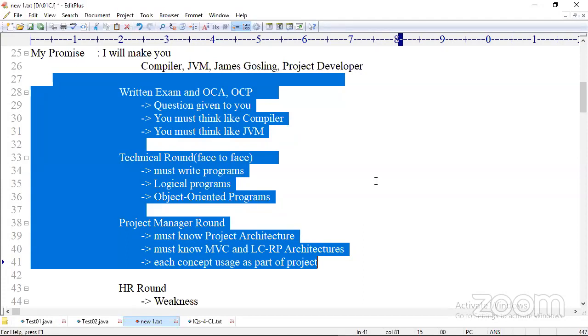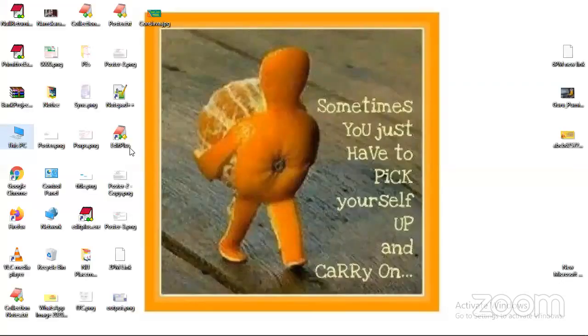If you want to pass the project manager round, you must think like a project developer. To guarantee you pass all these exams, you have to think like all these people. For that purpose, I am sharing the required knowledge and making you perfect in all areas, so that 100% I'm guaranteeing your first interview will be your last interview.